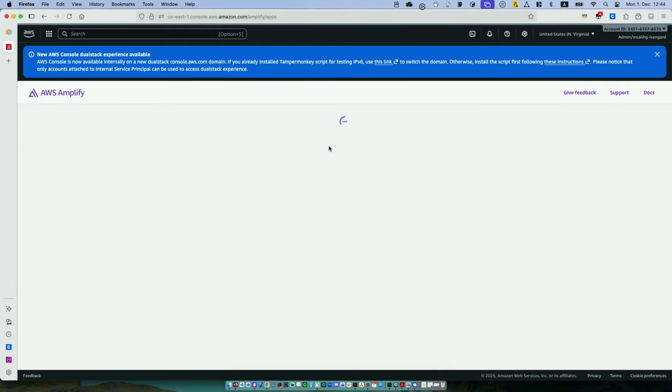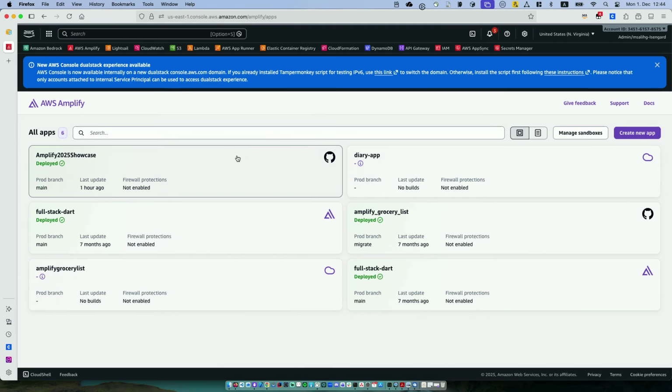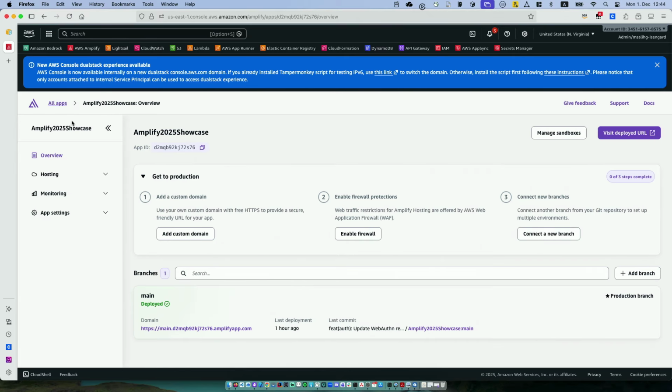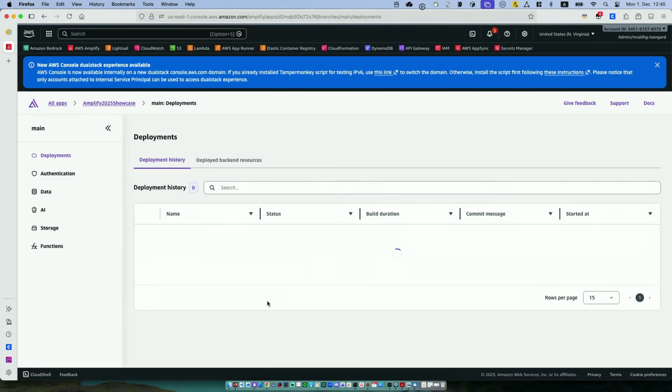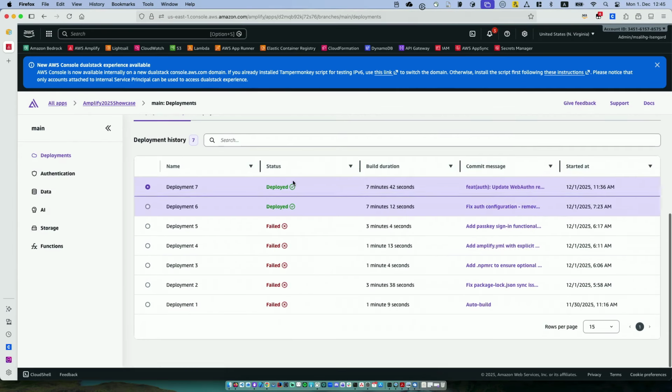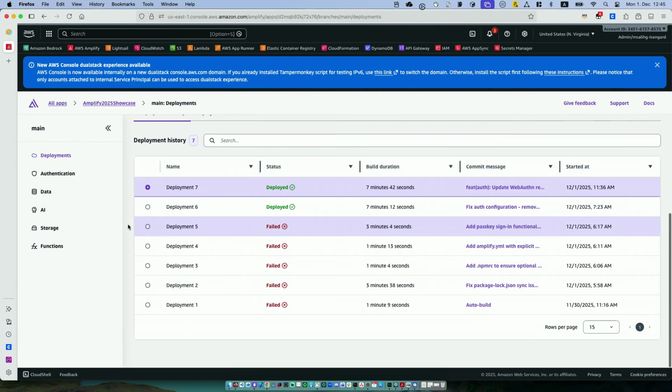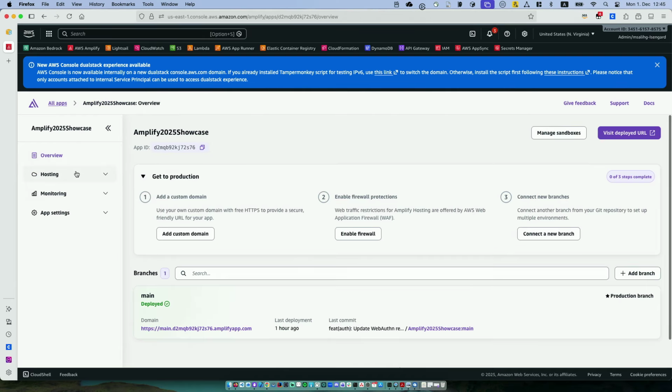So in AWS Amplify, if you go to the AWS Amplify console, you will see either an empty page in case you haven't created anything, or every application that you have created. For the Amplify showcase, we have this application in place. Everything that I've shown you was out of the deployment, so I didn't use the local version for it. So you can see this is the real one, and you can see the previous deployments, the statuses, and the problems that happened with them.